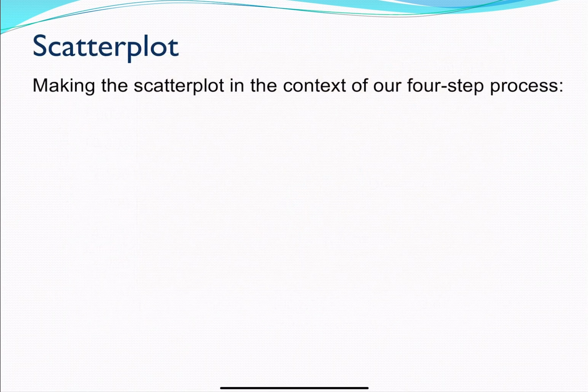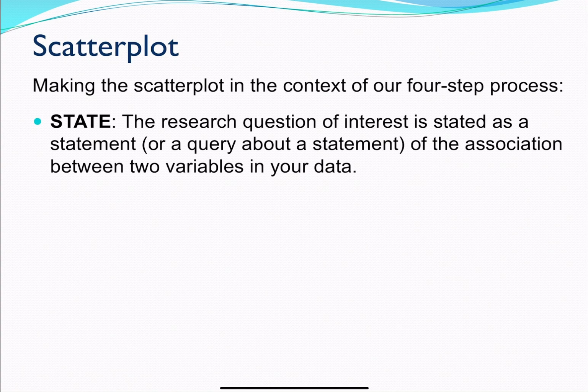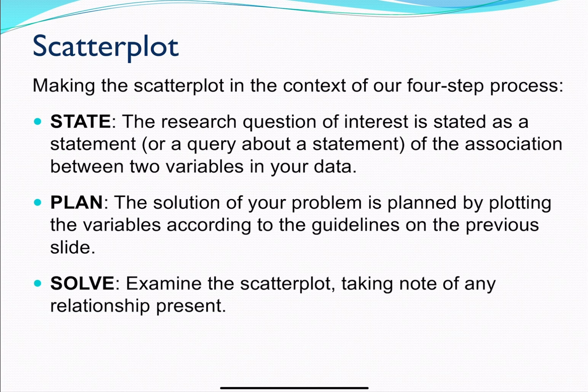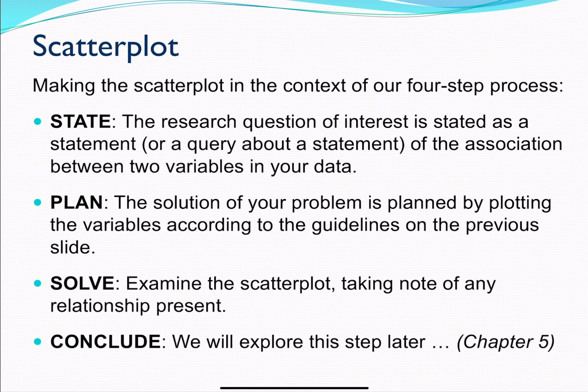So when making a scatter plot, here is our 4-step process. The first thing, we want to state our research question of interest. So what has the greatest influence on the cost of diamonds? Is it weight? Is it clarity? Is it cut? I don't know. We could do some really interesting research on that maybe. Then we need to plan, right? The solution to our problem is planned by plotting our variables accordingly. Then we're going to examine our scatter plot, taking notes of any of the relationships present, and conclude. And we are going to explore this step